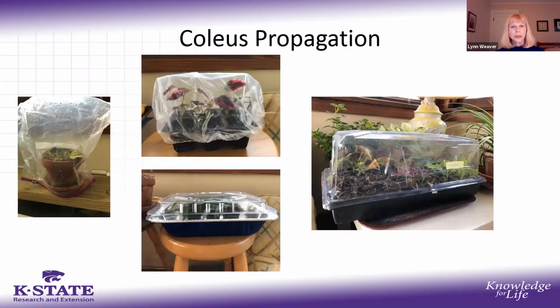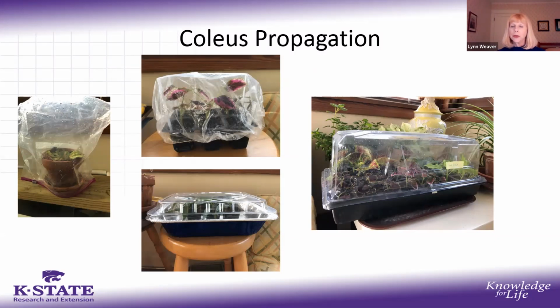My favorite is Coleus propagation, and here are some ideas of things you can use at home. On the left there, that's just a pot and a saucer inside a large Ziploc bag when the bag's closed up. The top center picture, well, you guessed it, that is a clear shower cap, and it fits perfectly over a 6-pack. The bottom picture, these days they make a lot of cake pans with plastic lids. So I have a 6-pack in there with a plastic lid.